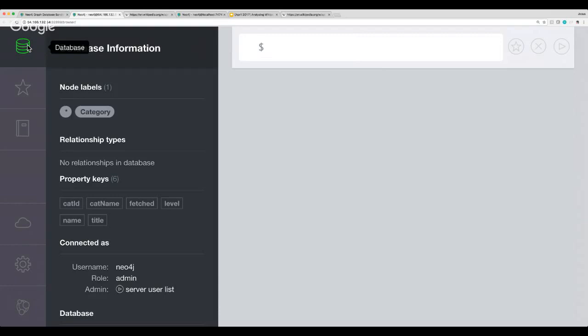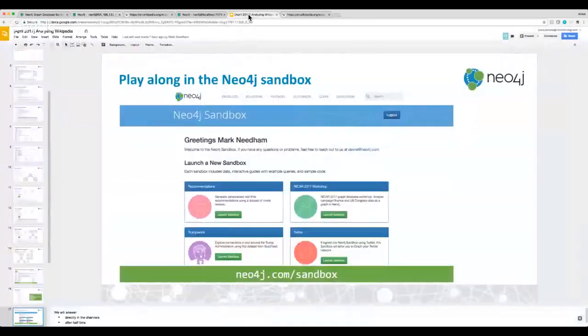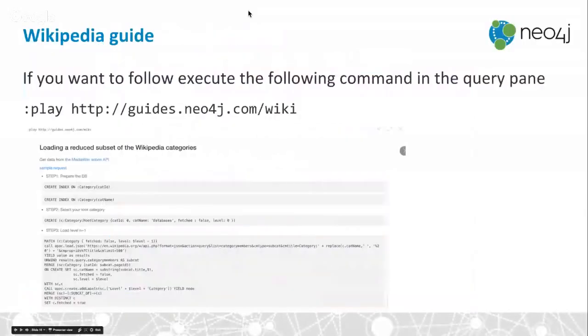Do we go back to the slides? Yeah, so we'll just go quickly to the slides, in case you're following along, so you can see what we're going to do. What we're going to do right now is basically automate what Mark has shown you. So we're going to create a portion of this hierarchy in Wikipedia and in Neo. But instead of typing all the queries, because it becomes a bit more complicated, what we're going to use is a